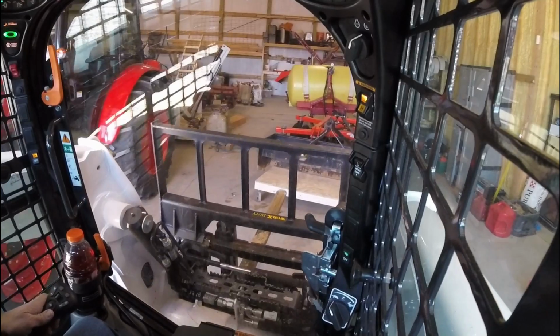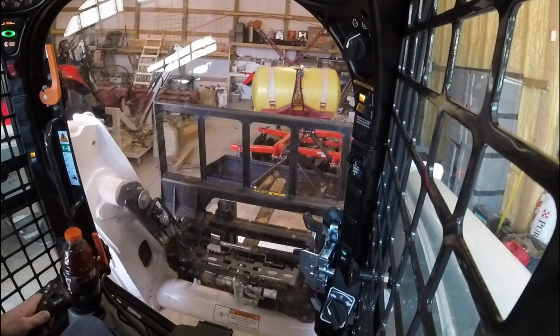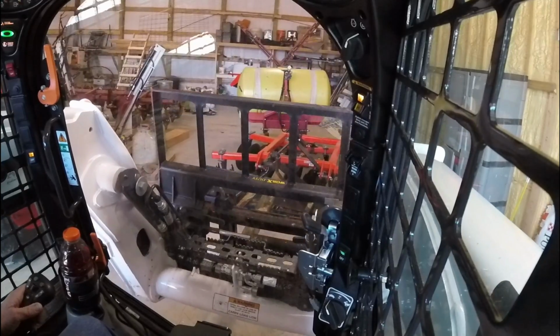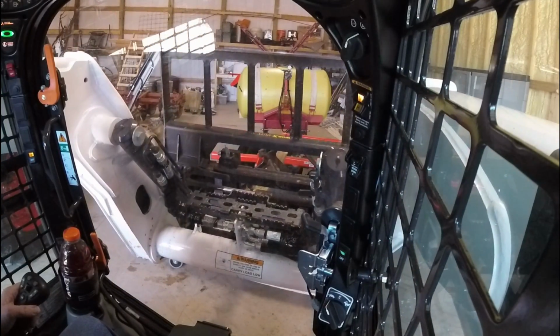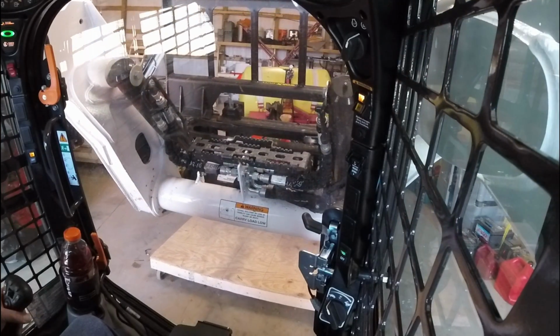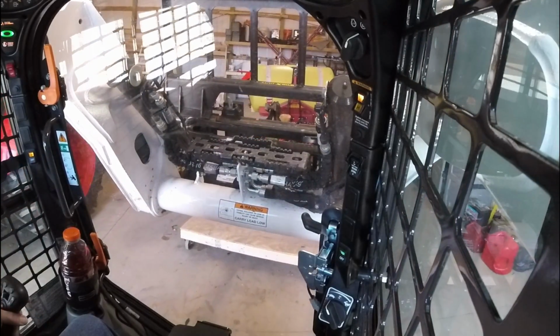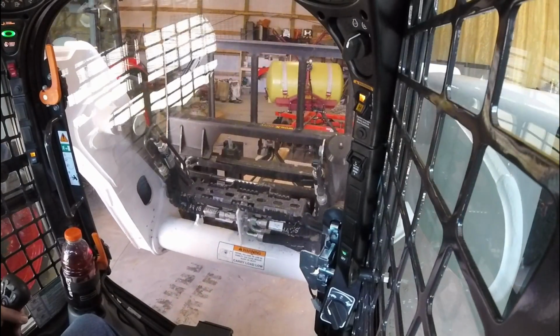Shuffling some equipment around. A few of these I'm actually selling, this disc, box blade, back blade, but I'm going to put the lower value items outside, if you will, and the new skid steer stuff inside, like the